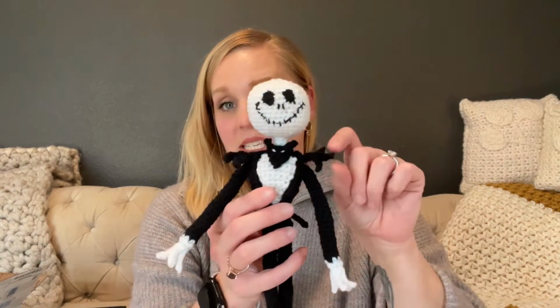And then these shoulder pieces were confusing because it just says attach, but it doesn't tell you where. So I'm like, where do you want me to put this? And then the back of his coat, same thing. It wasn't very clear on how this was supposed to look, how it was supposed to be, and how it was supposed to be attached. It almost got to the point there with the little bitty pieces, like